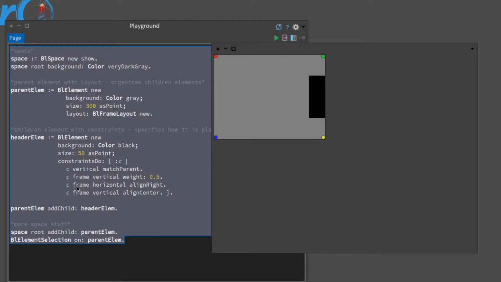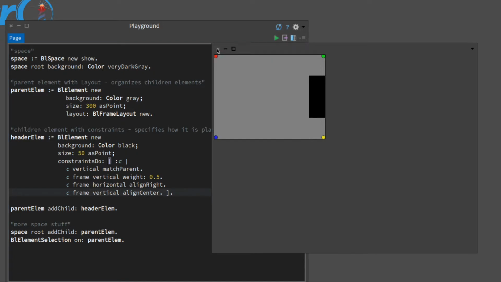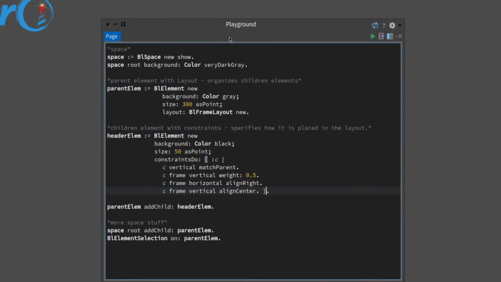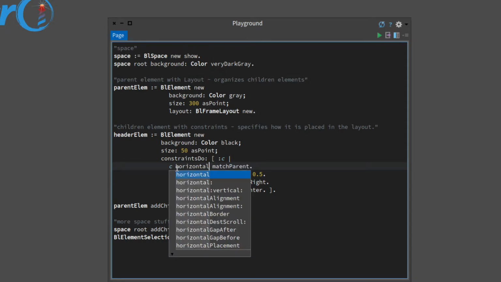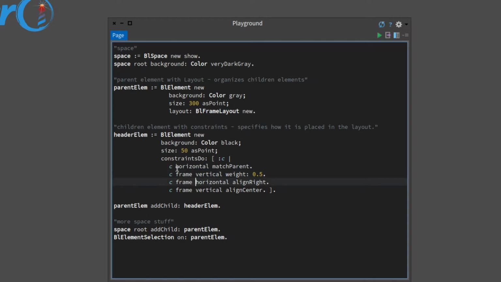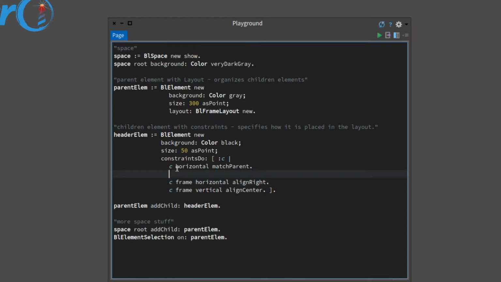And we have the frame horizontally aligned to the right and aligned to the center. So that's not what we want to do. What we want to do is have a header bar. So we need to have the size be matched horizontally. And we don't care about the weight. But we want to have